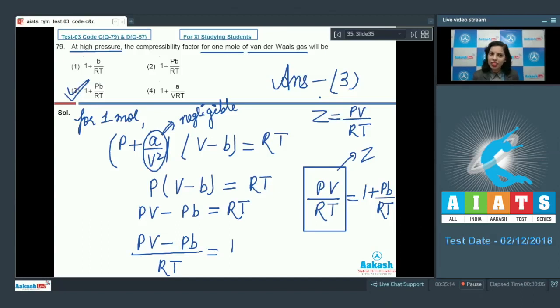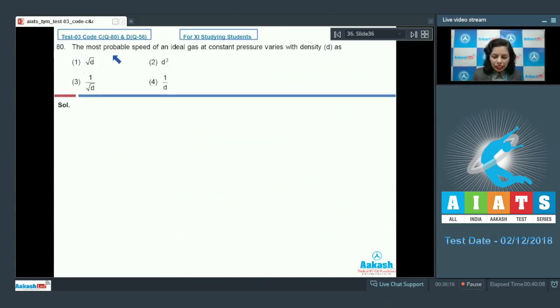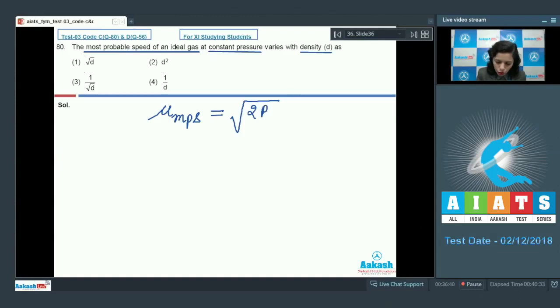Now, it's a turn for next question. Question number 80. The most probable speed of an ideal gas at constant pressure varies with density. It means you just have to relate the most probable speed of an ideal gas with density at constant pressure. First thing, what is this most probable speed? This is equal to root 2 RT upon M. This is the formula that we use to calculate